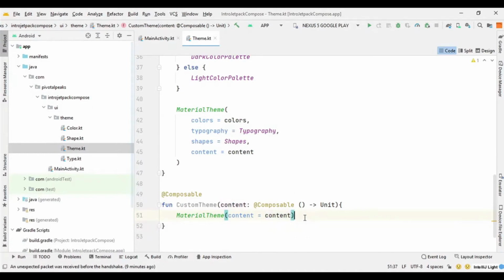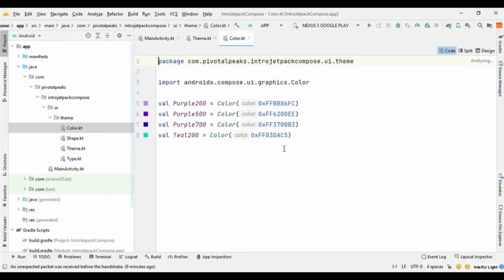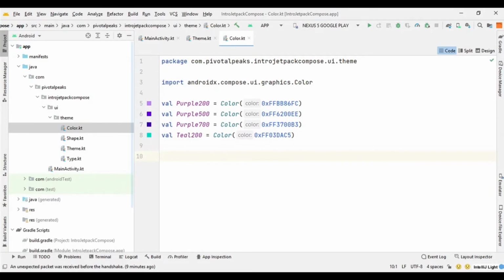And now we need to create some new colors for this new theme. So we need to go to this color files, and here you can already see that these are the default colors that are currently used in the app. So we will create some new colors. So I'm going to create orange color. So well, orange, I will say 500. This is how you create a variant in Android Jetpack Compose. So you name it like 500, 600 to increase the value of a particular color.